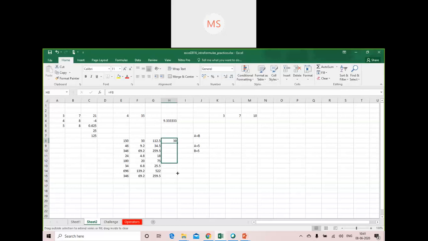And if I want to, I can drag it to H15. As you can see, all the values in the respective cells will be copied to their respective reference cells. Now is it clear?